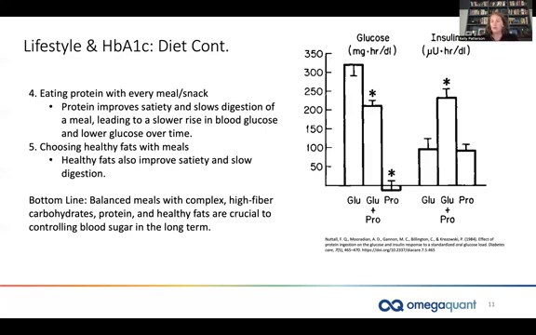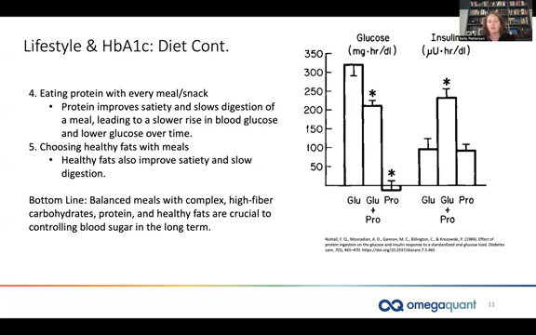If I were to eat just crackers by themselves, I'm probably going to be hungry in a little while because they're going to digest pretty quickly. But if I were to have some cheese and meat with those crackers, or maybe some cheese and meat and fruit adding some fiber, or whole wheat crackers with fiber and some cheese and meat as well, I'm getting some fat, I'm getting some protein, I'm getting more fiber. That's going to keep me fuller and keep me away from these really big spikes in blood sugar. Bottom line, we want to try to have balanced meals with complex, high fiber